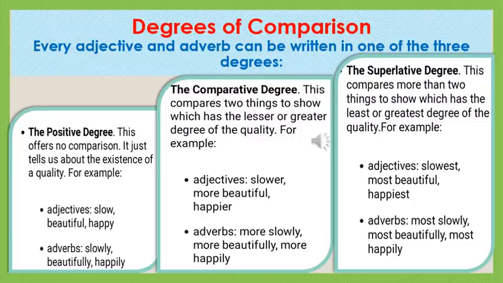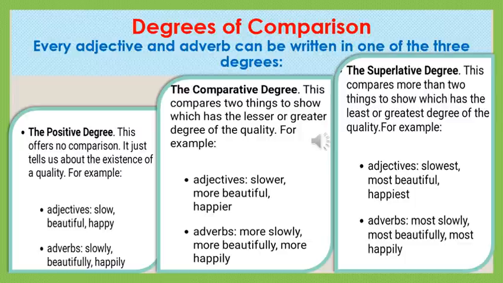The positive is used to describe one item, group, or person. The comparative is used to describe 2 items, people, or groups. The superlative is used to describe 3 or more items, groups, or people. The adjectives can be used to compare nouns or pronouns in respect of their qualities and quantities and numbers. Comparison can be made in 3 different ways that we have seen, which we call degrees of comparison.